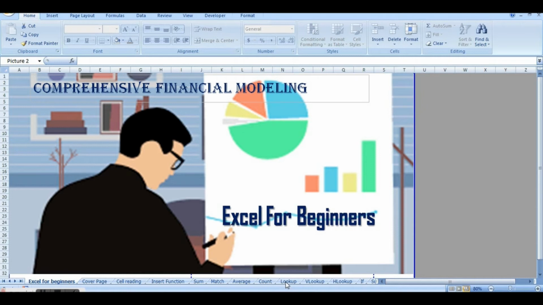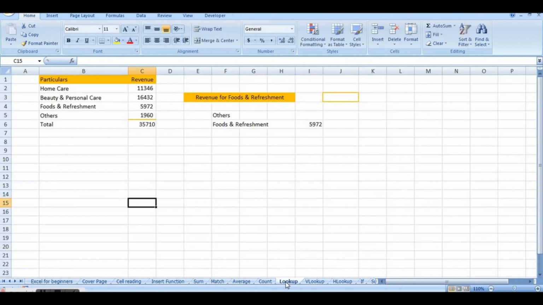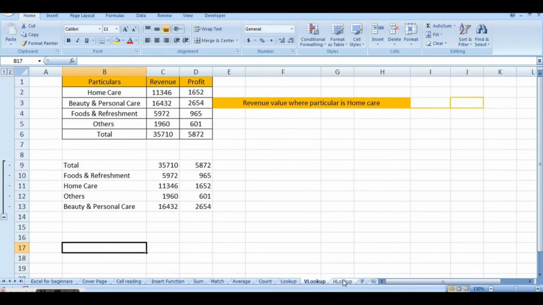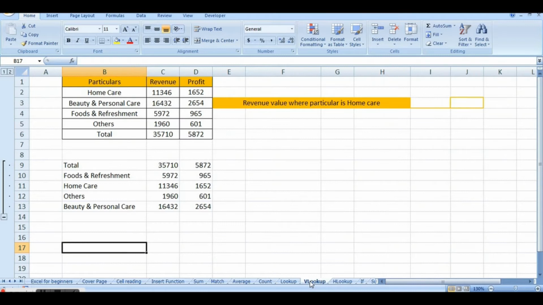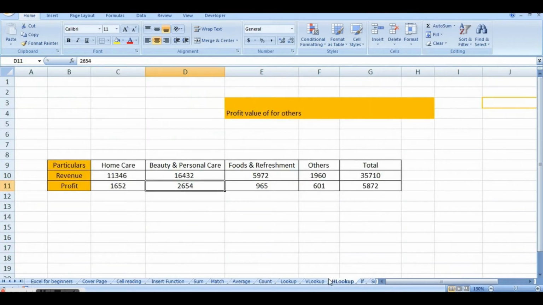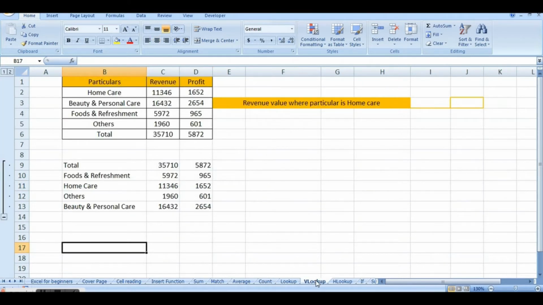Hello friends, in this video we will try to learn a few very important functions of Excel: the LOOKUP function, VLOOKUP function and HLOOKUP function. If you want to find a certain value for a specific label out of a large data, the lookup function is very useful. And if the data is given in columns and rows, even on different spreadsheets, you can use VLOOKUP and HLOOKUP to find the data in your desired sequence.